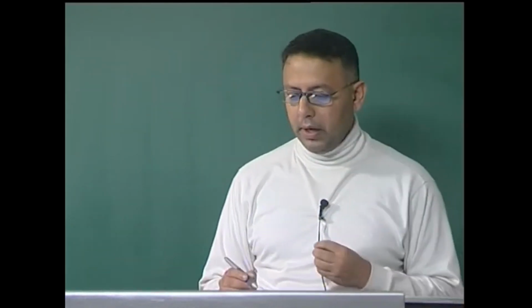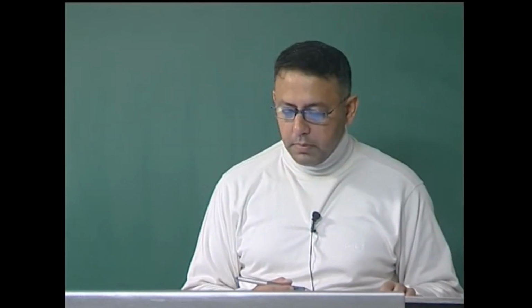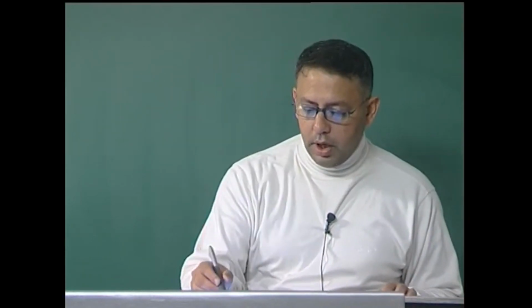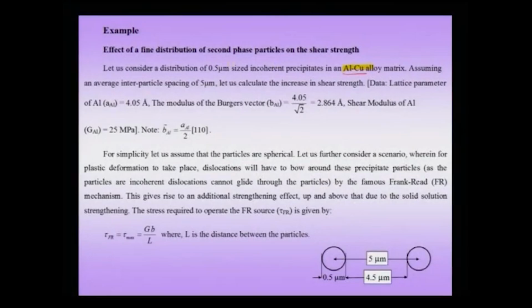We will also dwell in a little detail on the mechanism which is actually giving rise to this hardening, and when we go to nanomaterials we will see that some of these mechanisms can be effectively used and some of them will actually cease to exist. That is why it is important to consider at least one example in detail with regard to the hardening of a material, which is one of the important mechanical properties. Now, let us consider a fine distribution of precipitates, for instance a 0.5 micron size, and